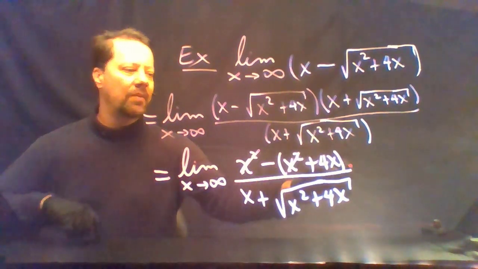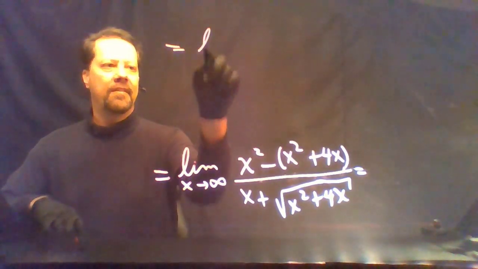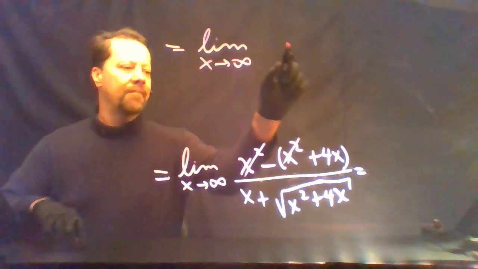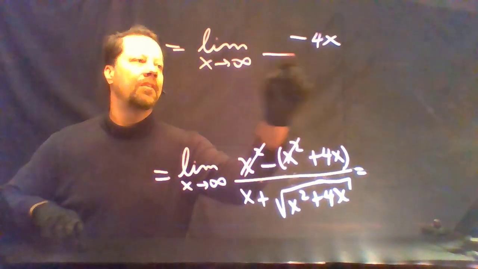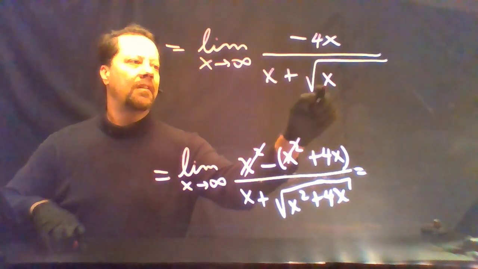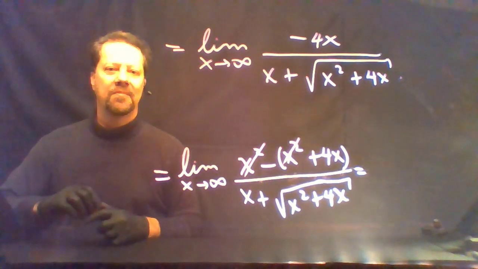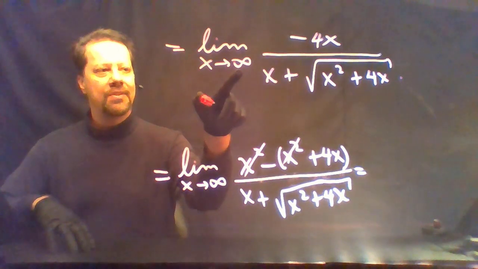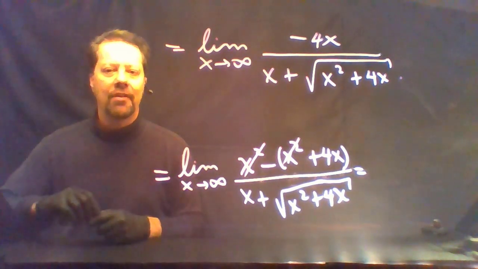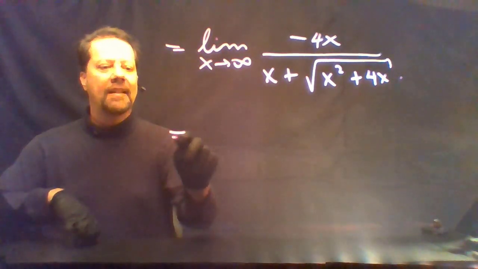The x squareds go, and we end up with the limit as x goes to infinity of negative 4x over x plus the square root of x squared plus 4x. You can see now that as x goes to infinity, we'll get a negative infinity over positive infinity. It's still an infinity over infinity case. This is now a L'Hopital's rule case. Applying L'Hopital's rule,